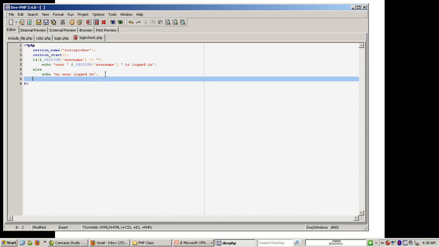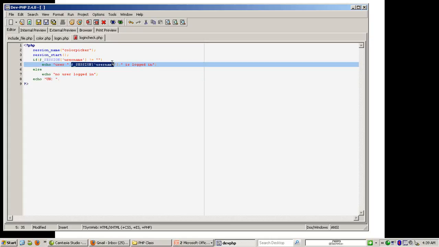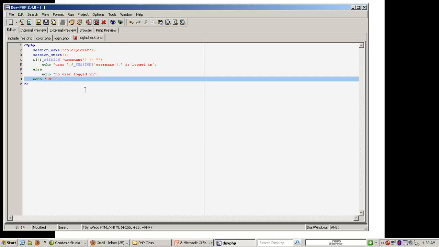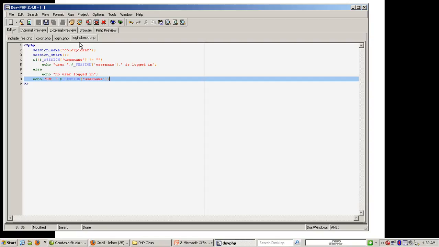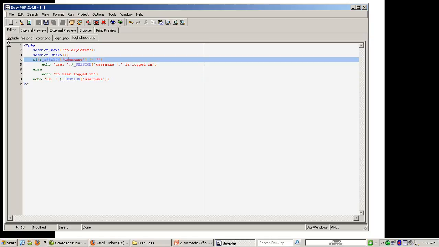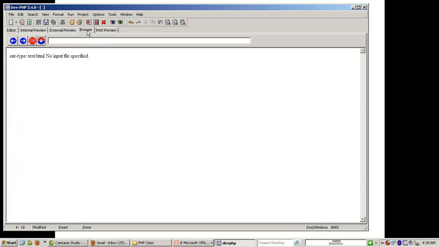What I'll do here for debugging is I'll just echo it to see. Yeah, it's blank. Cookies will be slightly different. Cookies will work. Sessions, it's reloading the session when I view. If I view it in a browser though,